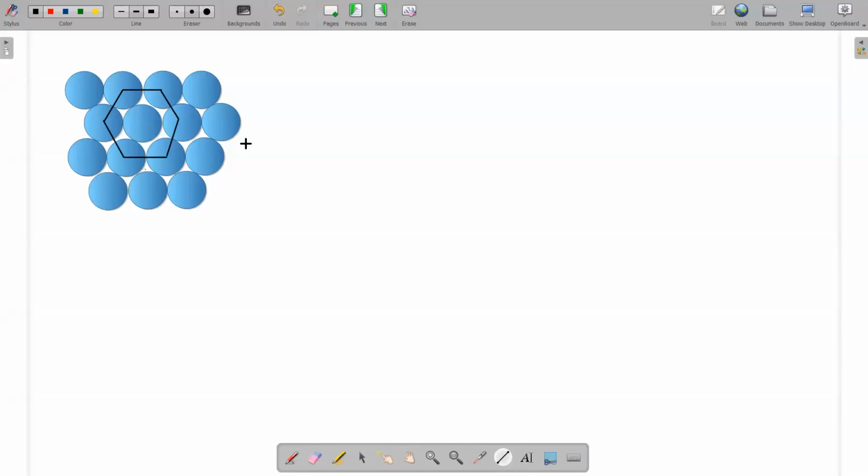What is the Z? I'm confused. I don't know. Confused? Okay, fine, no problem. Z, what is the packing efficiency? Packing efficiency is equal to Z into pi r square upon A square. I will write here area of, not a square because it is hexagonal, so not a square. I will write area of hexagon.